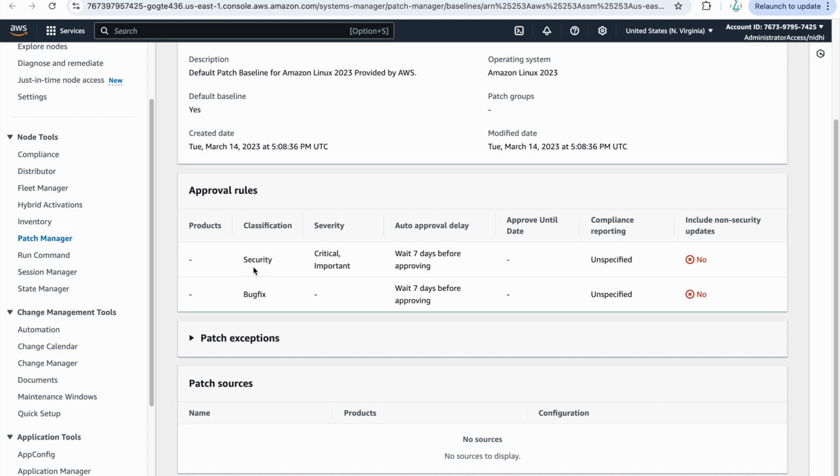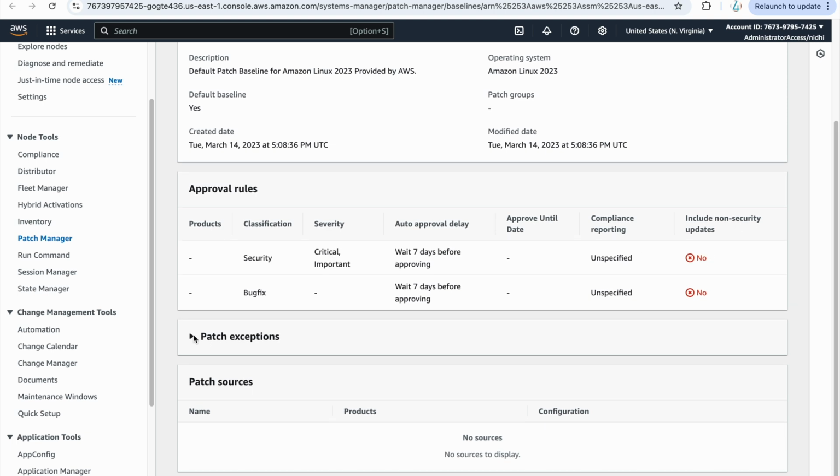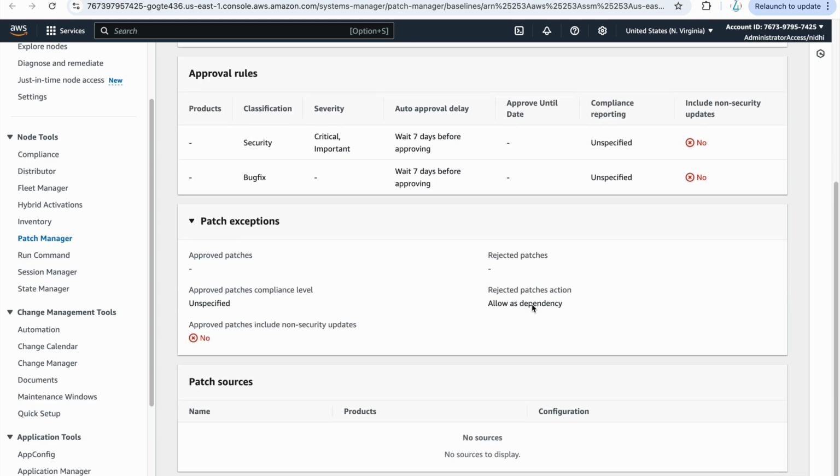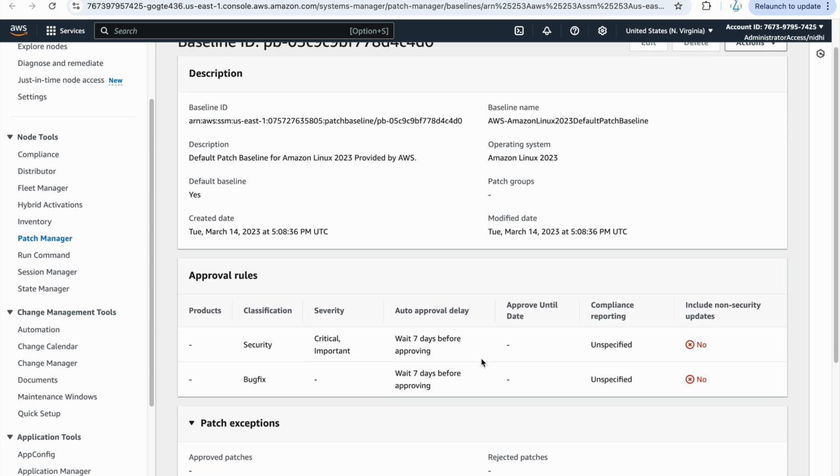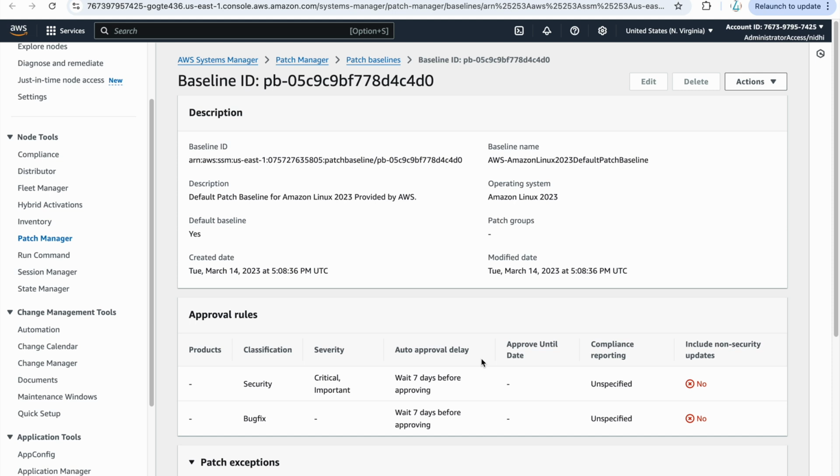Whenever any vulnerability comes, it checks the security and the severity, critical or important. It waits for 7 days before it approves that patch, and it does not include non security updates, right? Patch exceptions, approved patches, and all those things. So this is the patch baseline that we are using, the default one.